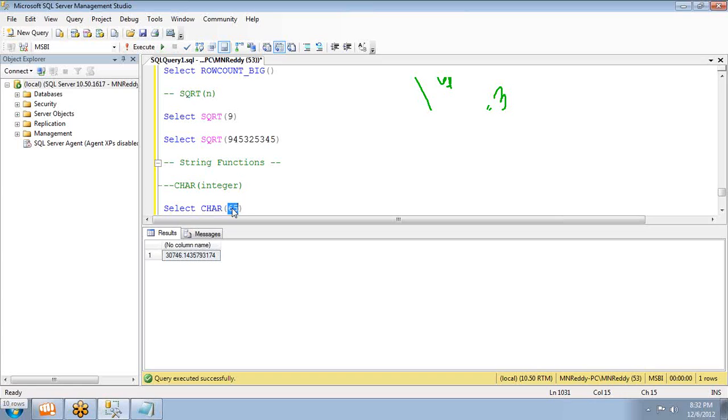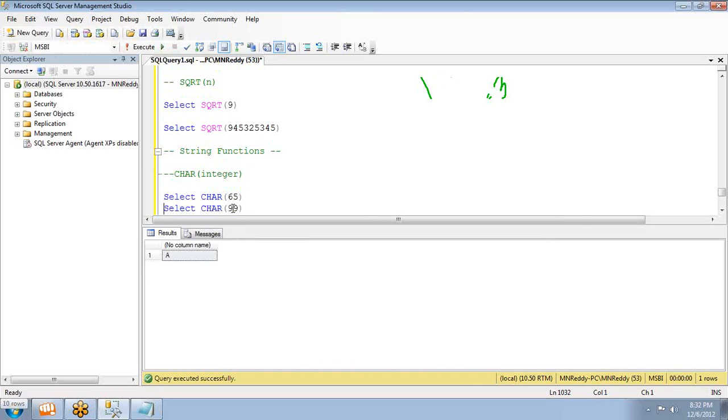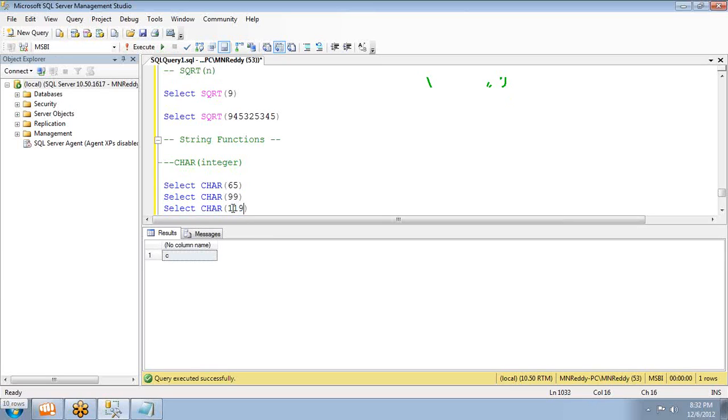So ASCII code, if you want to get that ASCII code, you have to use this CHAR function. Select CHAR of, give some integer, it will return whatever character is present for the ASCII code that you are passing. And next I'm passing 99. The ASCII code 99 belongs to the character small letter c. So this is how you can pass integer values, or ASCII codes in other words, to get the character value